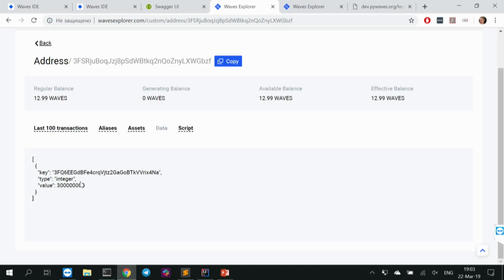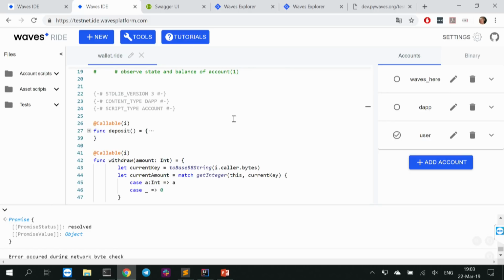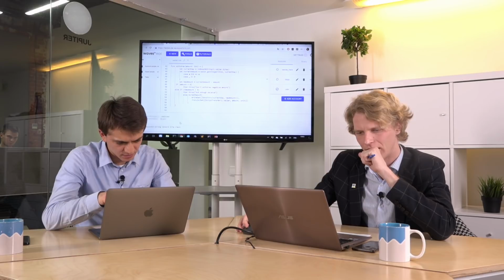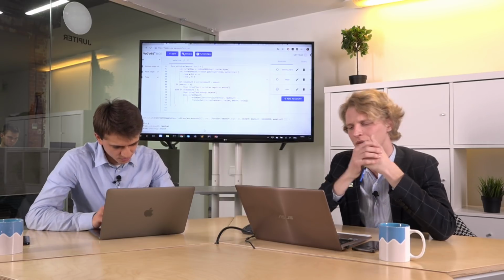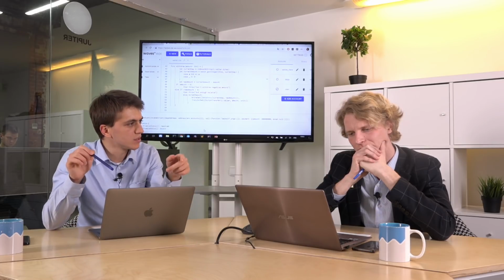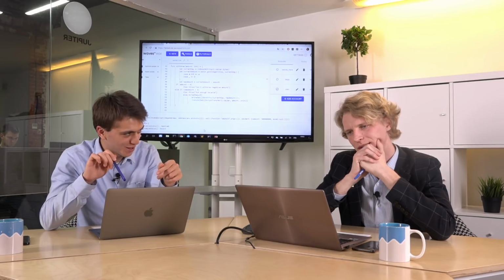Can we go a little bit to the IDE for a few seconds? Can you show me the broadcast function, the latest one? This one? Yes. Again, we have the invoke script function, which creates a new invoke script transaction. It's unknown for Explorer, but known for our blockchain.